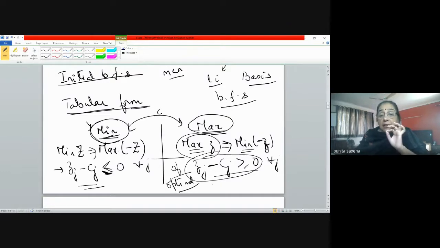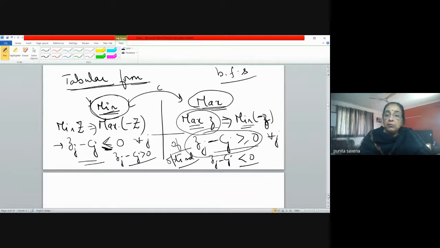That means how do we choose the entering variable now? Of course, here, what did we do? Where did we pick it from? Zj minus Cj which were more than 0. Here, where will we pick it from? All those Zj minus Cjs which are less than 0. If you have Zj minus Cjs which are less than 0, that means the current solution is not optimal, right? So we have to choose the entering variable in this case. Now, as in the minimization case, what did we do?